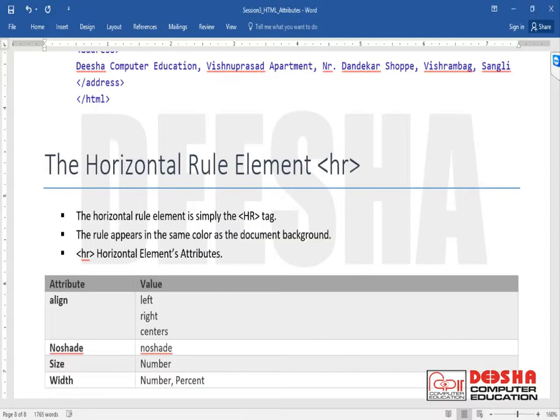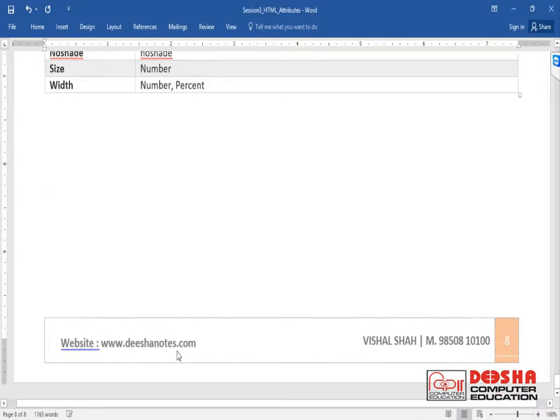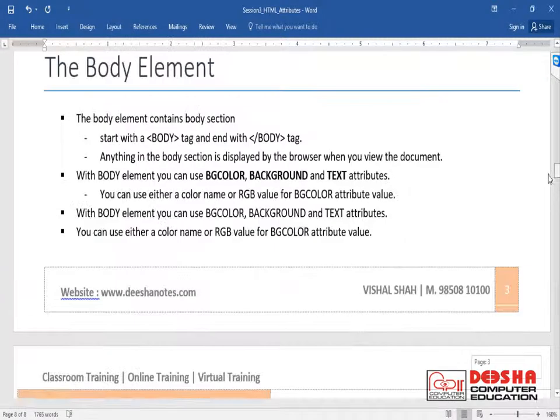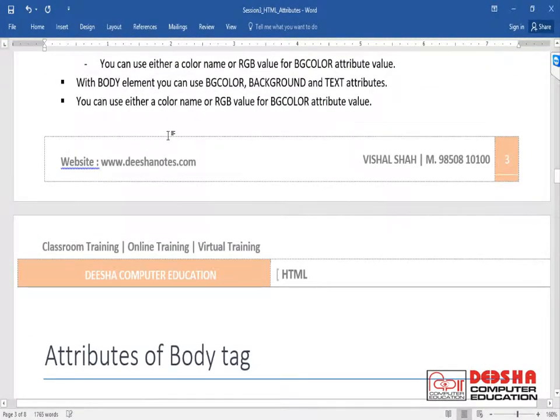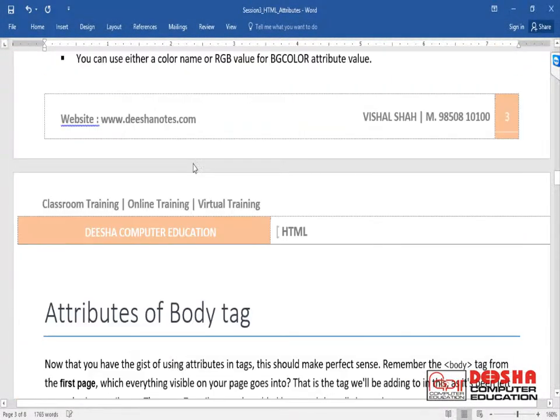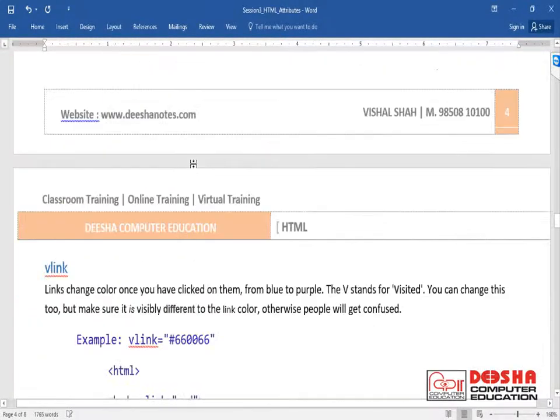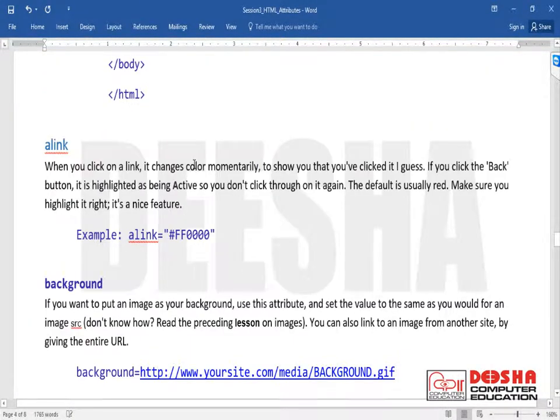So this is today's session. In today's session we have discussed what an attribute is. Specifically we discussed the body element attributes, the attributes that we can use in the body tag: bg color, text, link, v-link, hyperlink.